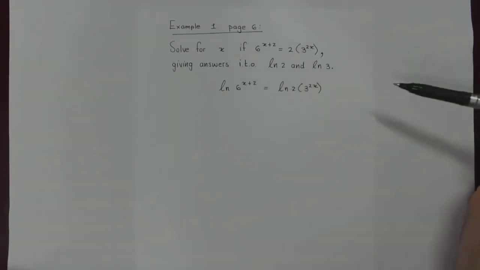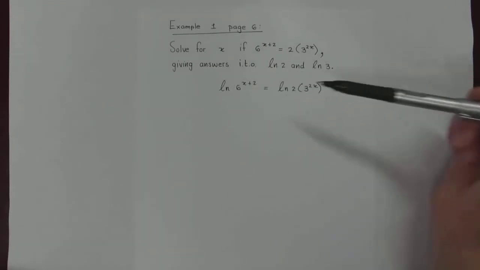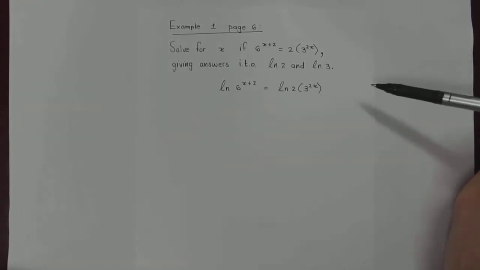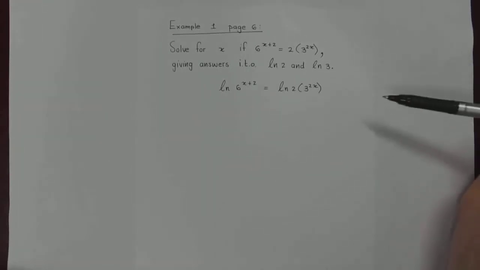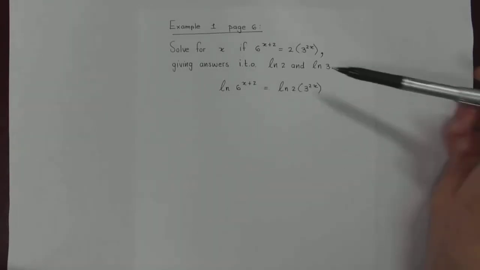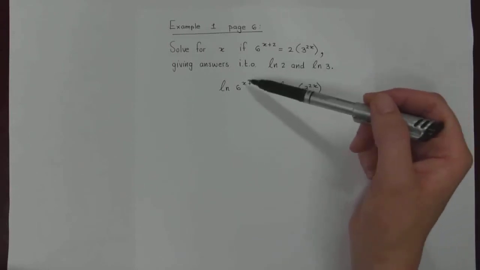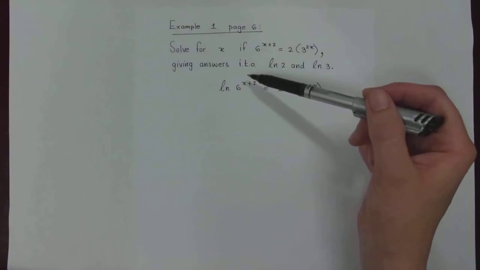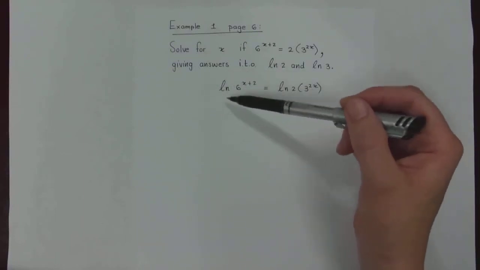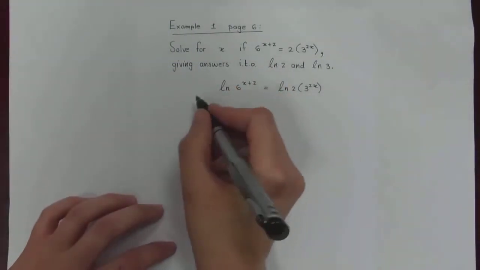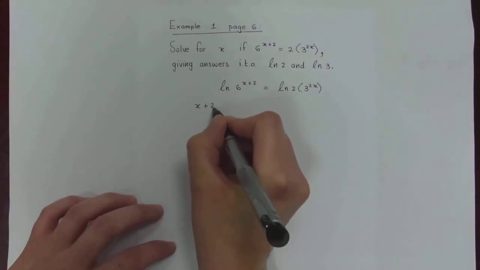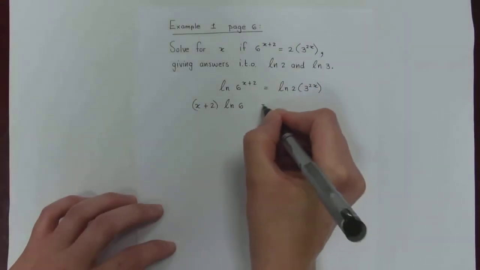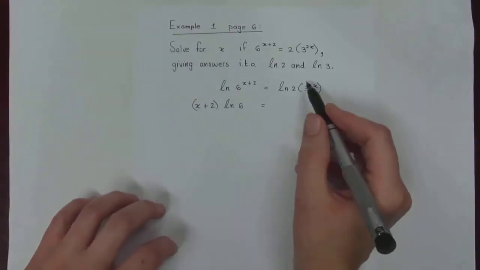Now, what that ln allows me is, the moment I put the ln on the left-hand side and the right-hand side, I am now allowed to use all of those logarithmic laws that I discussed with you in the previous video. So the first logarithmic law I can use is to take x plus 2, my exponent, and move it to the front of the ln, multiplying by it. So I can go x plus 2 times the ln of 6 is equal to,